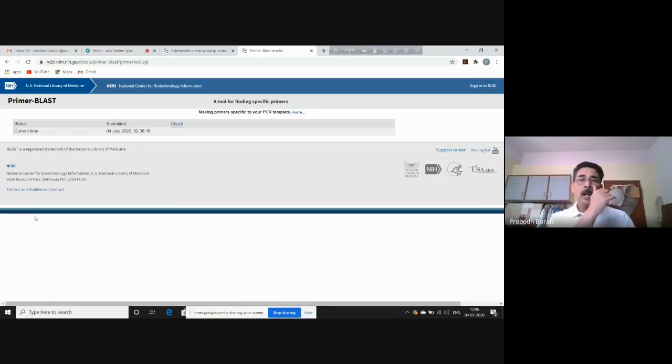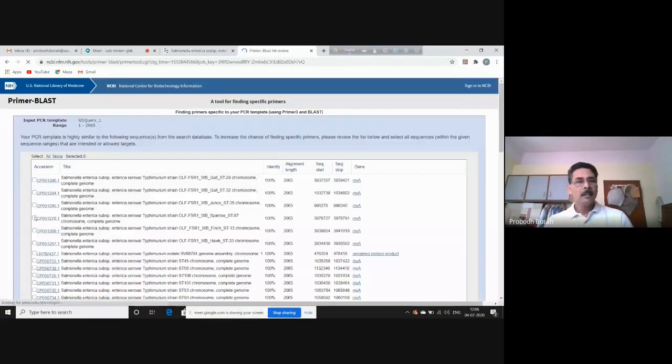So now it will show us 10 pairs of primers designed based on the sequence that we have uploaded. But one intermediate step has come, you see. A tool for finding specific primers, the Primer-BLAST, as we know.